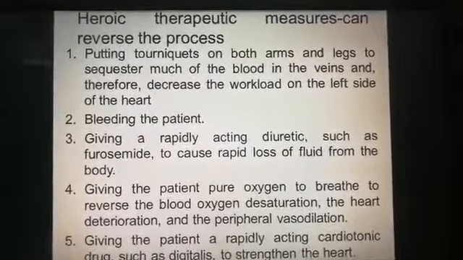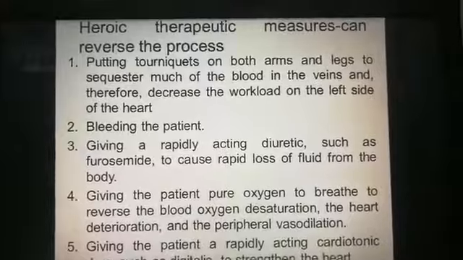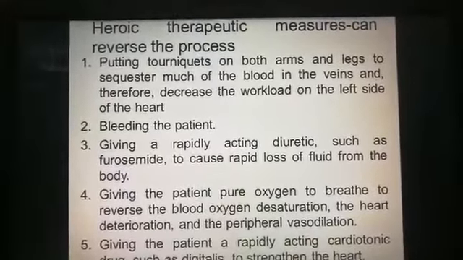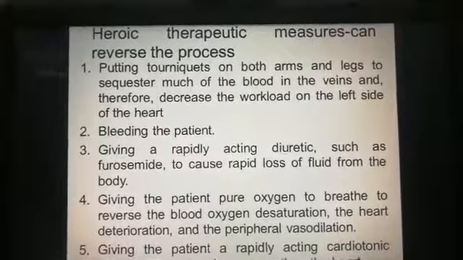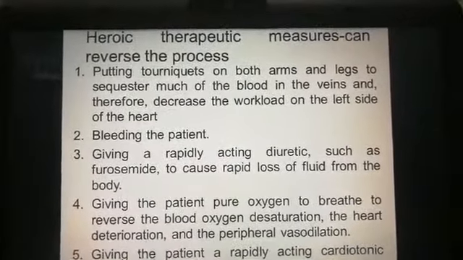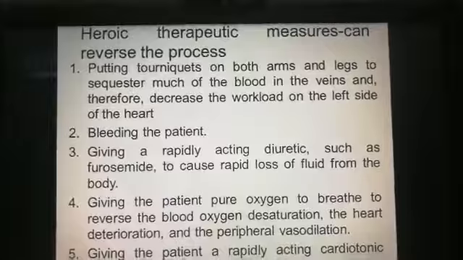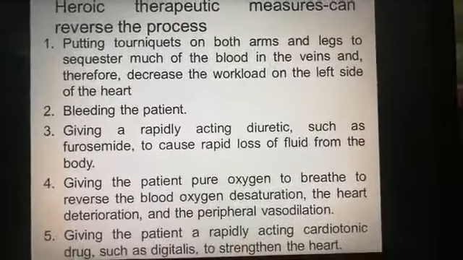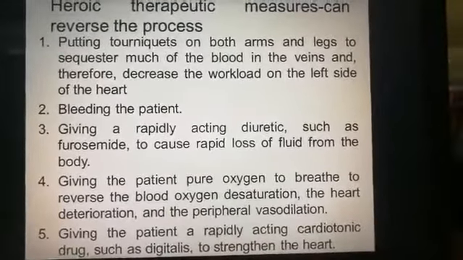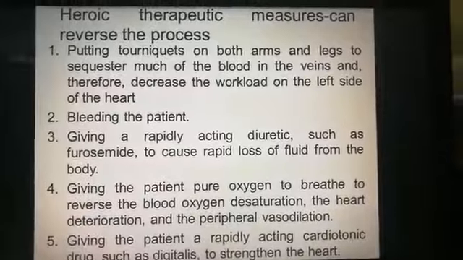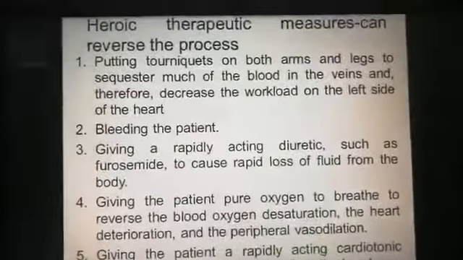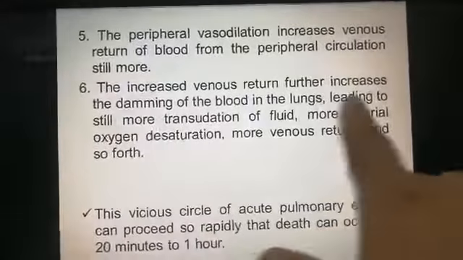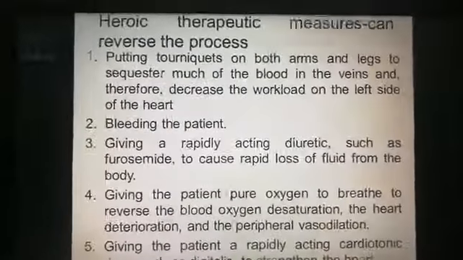We also have to reduce the flow of blood towards the heart, because the blood is going to add up in the lungs. So we have to reduce the blood which goes towards the lungs. We have to reduce the venous return. As you know, in the 6th point, the venous return is increased, so we have to reduce the venous return,